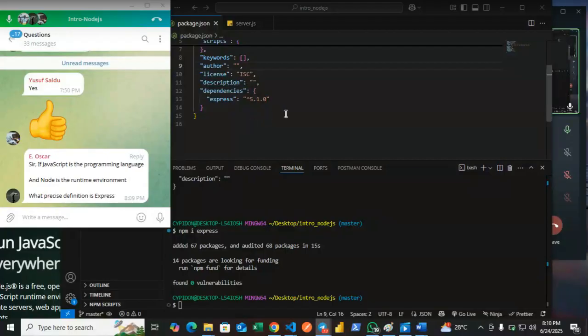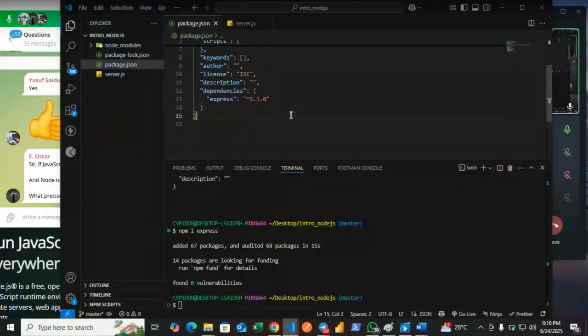Yes, Express is the package that you are building your backend on. This is the package we are using. It's a Node.js framework that we use in building backends. Before then, they were using Node to build, but it's not as easy as Express. So they now brought in